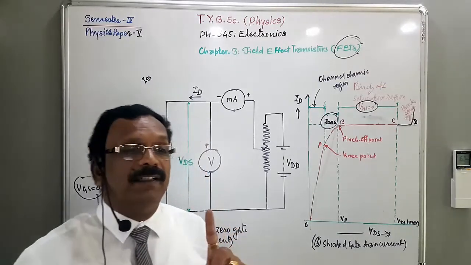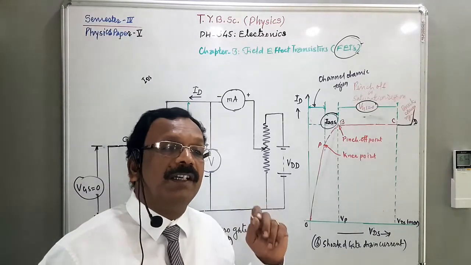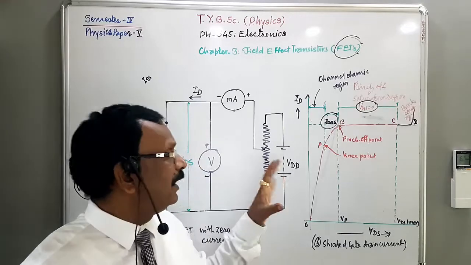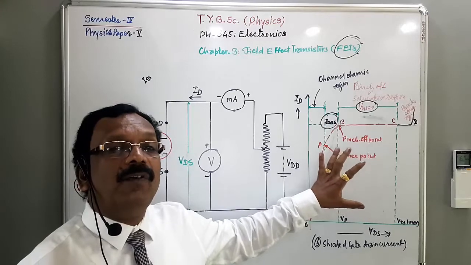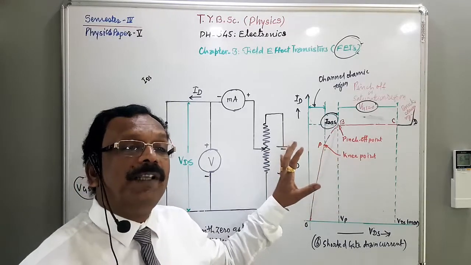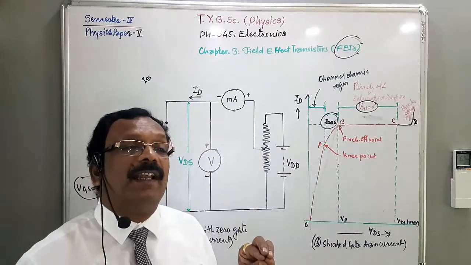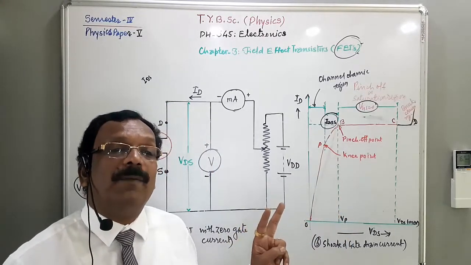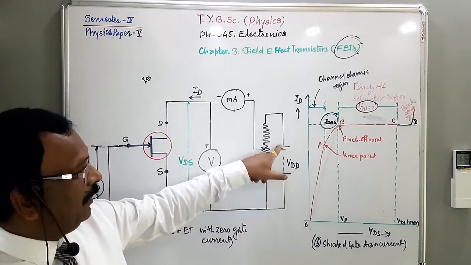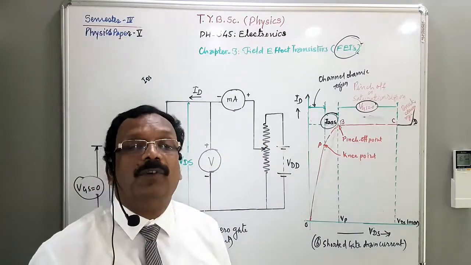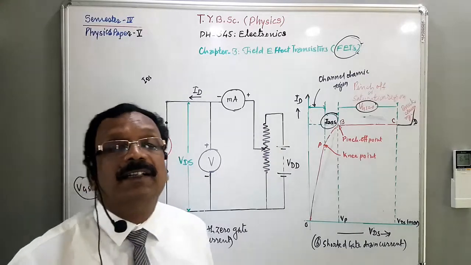Remember that, what I say. Make your concentration here. The operation of P channel, I am explaining here. The operation of N channel JFET. And now I told you that the operation of P channel JFET is exactly similar to N channel JFET, except that current carriers are holes and polarities of the batteries are getting reversed. Polarities of this battery get reversed here and here also. The polarities of the batteries, that is VGG, the gate battery, and the battery at the drain, get reversed.